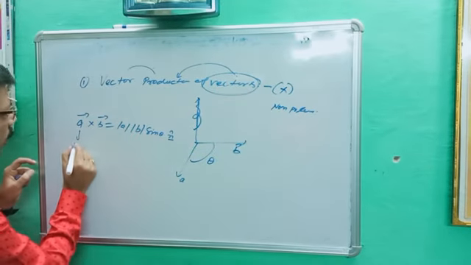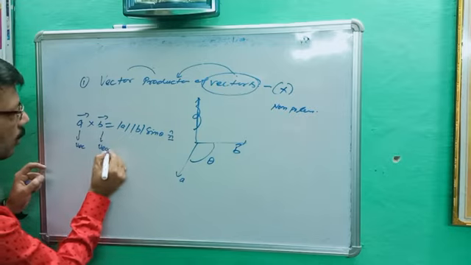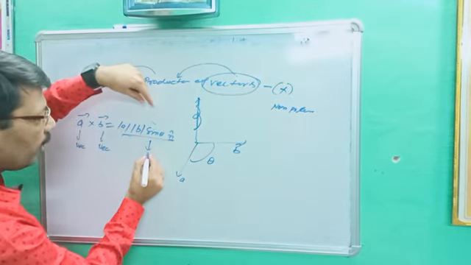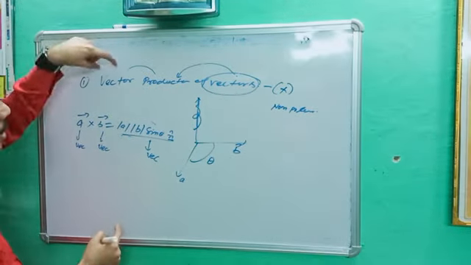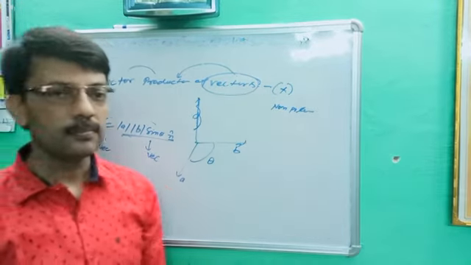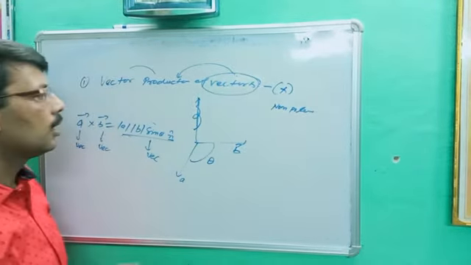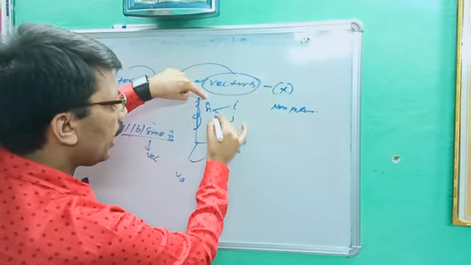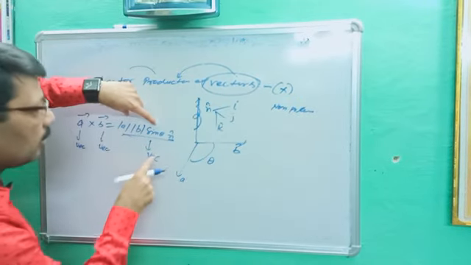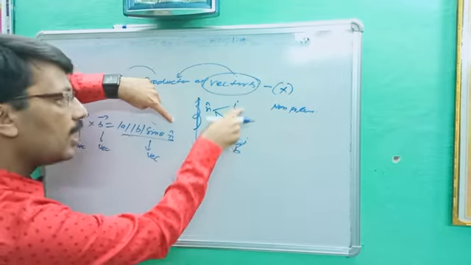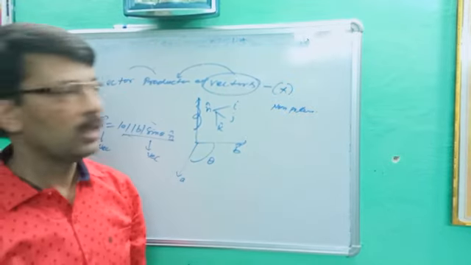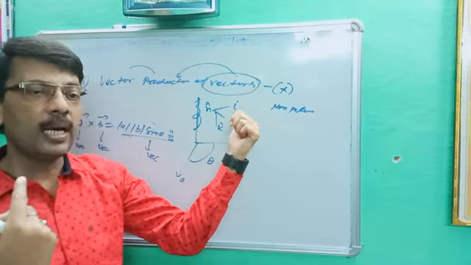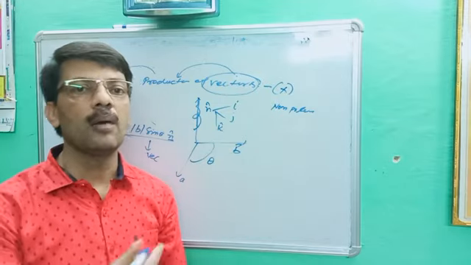It means this is a vector quantity. This is also scalar, but this n cap is a unit vector. This shows the vector quantity. So vector multiplication of vectors is also known as cross product. Okay, this is known as cross product. It means all the time you will get n cap as i cap, j cap, and k cap. It means that value will be affiliated with i cap, j cap, k cap. At least one quantity will be there, and this shows the direction. If i cap is written, it means the body is rotating about the x dimension. If j cap is written, the body is rotated about the y dimension. If k cap is written, it means the body is rotated about the z direction.